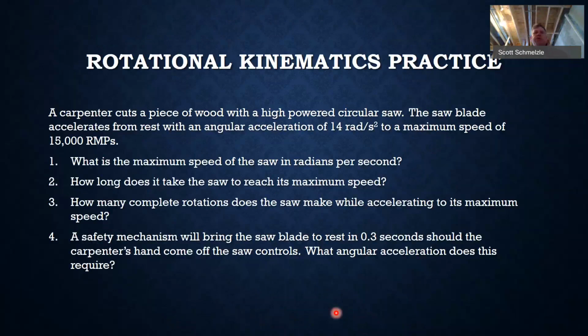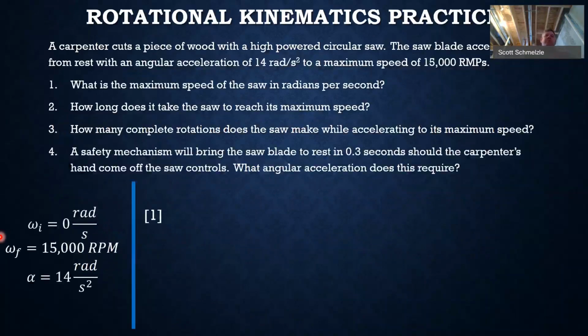Practice for us, okay? A carpenter cuts a piece of wood with a high-powered circular saw. The saw blade accelerates from rest, nice number there, right? With an angular acceleration of 14 radians per second squared to a maximum speed of 15,000 RPMs. RPMs, messy, all right? What is the maximum speed of the saw in radians per second? How long does it take the saw to reach its maximum speed? How many complete rotations does the saw make? And if the safety mechanism brings the saw blade to rest in 0.3 seconds, what angular acceleration does that require? Okay, so number one